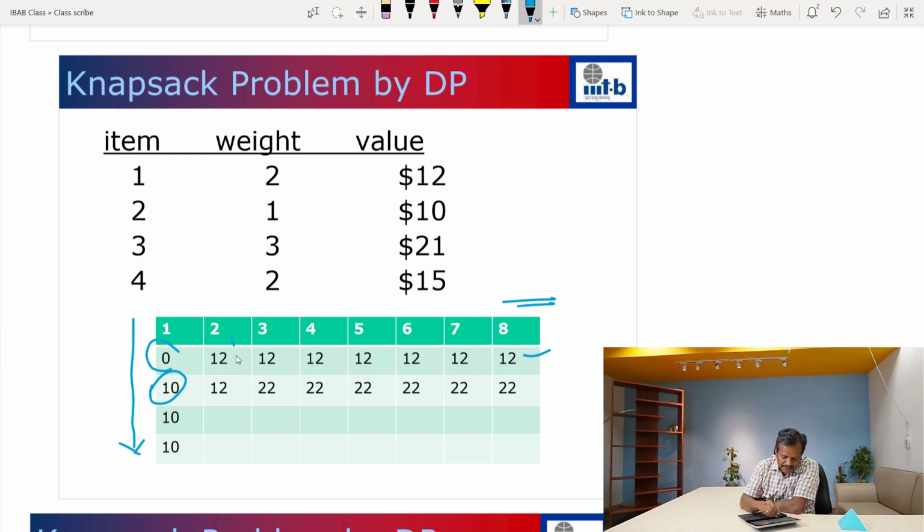So considering the first item, if I am given a knapsack of size 2, then if I don't pick the second item, the maximum profit that I can make is 12. But the moment I pick the second item, then you cannot pick the first item. Only one of the items should be picked. So you basically end up picking the maximum of V of i minus 1 comma j, which is 12, and if I include the second item, the maximum profit that I get will be 10. After that you cannot pick anything, so it will be the maximum of 10 and 12, which is 12.